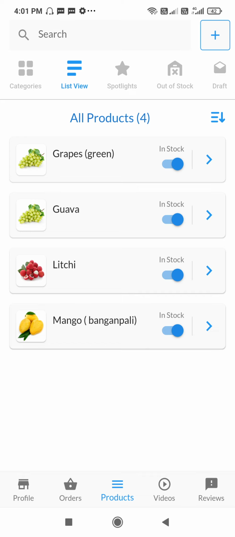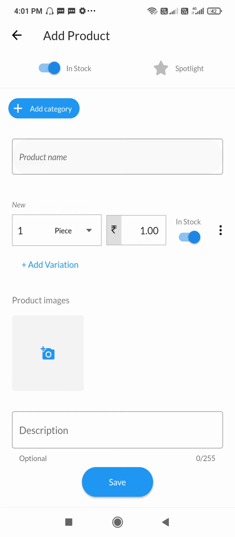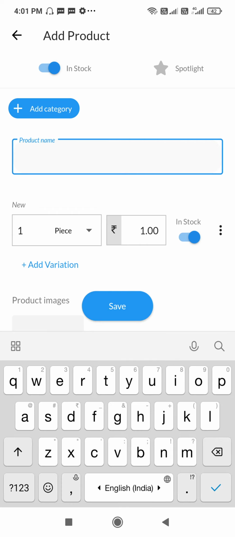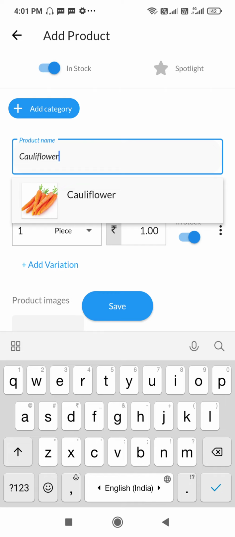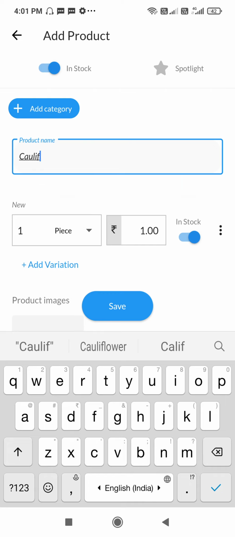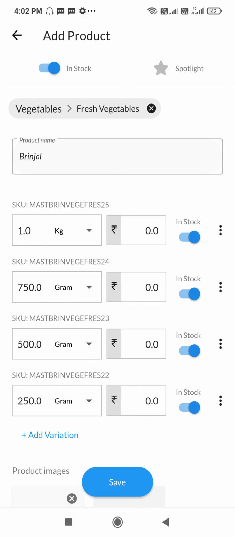Now how to add a product as a single product. Click on add single product. You have to type the name of the product and you will get the suggestions. Once you select from the suggestions, which will be from the master catalog of the system, you will get all